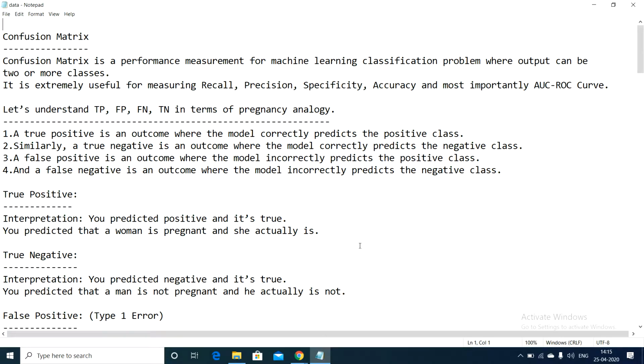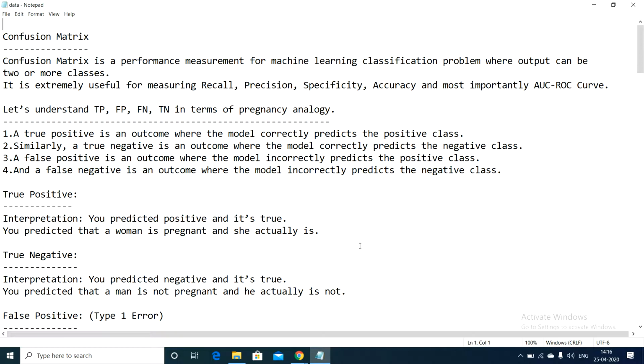Where the output can be of two or more classes. So let us consider our breast cancer diagnosis project. The output for our project is either stage 1 or stage 2, that is class 2 or class 4. So here we are having output as two classes. Okay na?